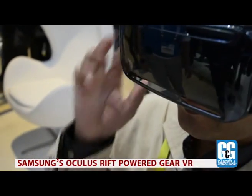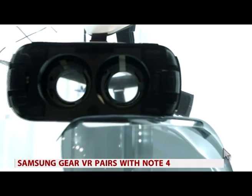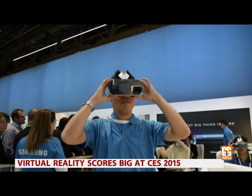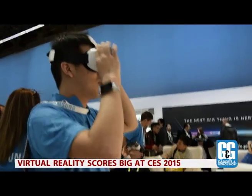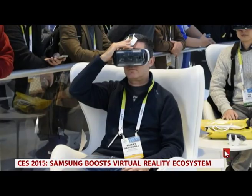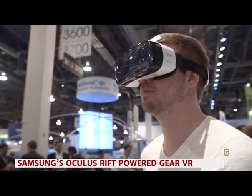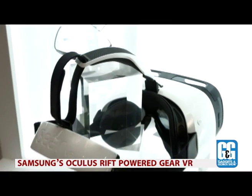Samsung's Oculus-powered Gear VR, which will cost about $200 as an accessory to the Galaxy Note 4, wooed many that attended CES this year. This new addition to the Samsung family comes with a 5.7-inch Quad HD Super AMOLED display with 2560 by 1440 resolution, while the optical lens included offers a 96-degree field of view. Not to mention, the device contains a whole bunch of sensors to heighten the experience, including an accelerometer, gyrometer, geomagnetic